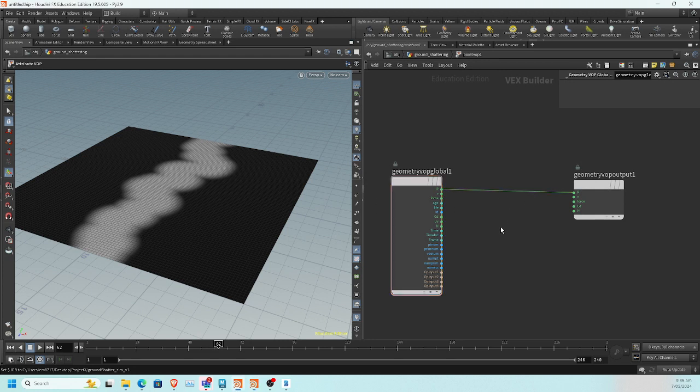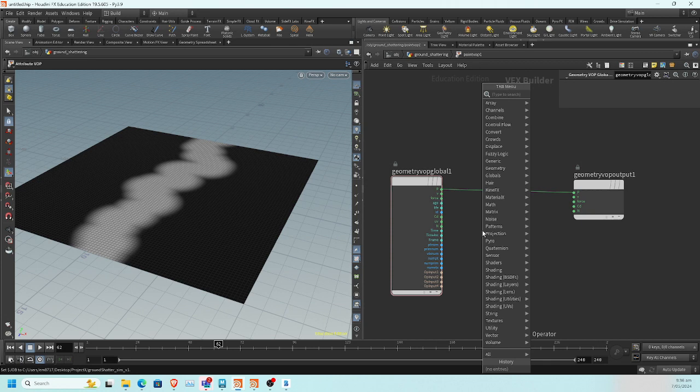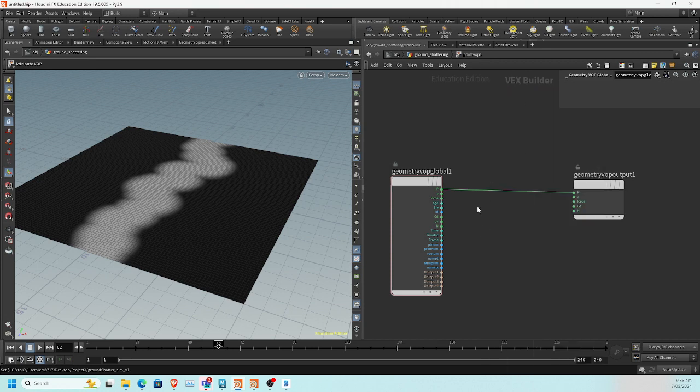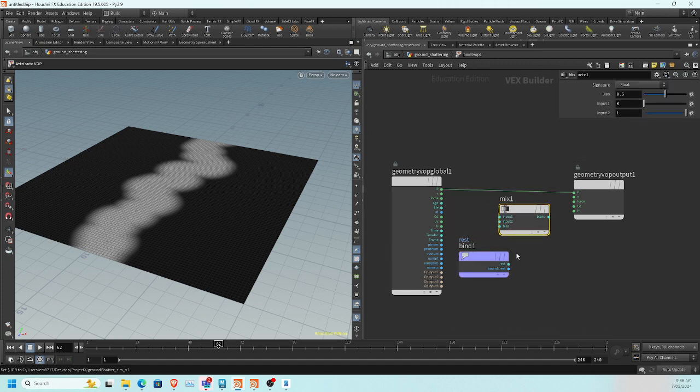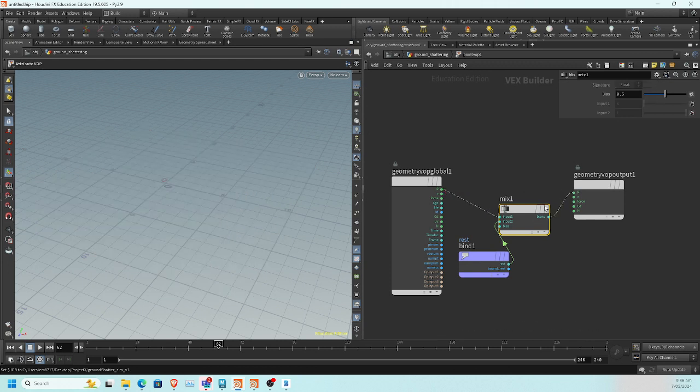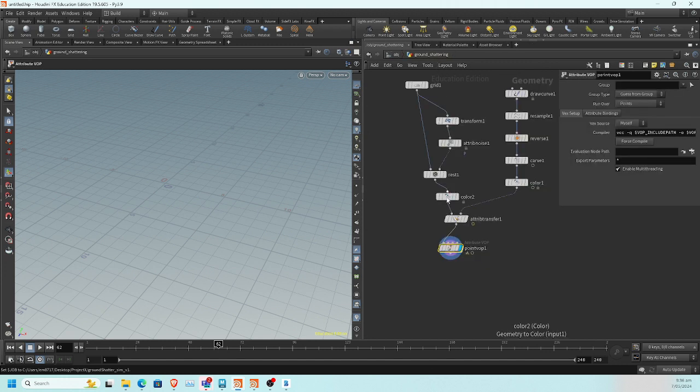I can just say that, hey, do you remember rest position? If I just search for bind, and in the bind, I search for a character called rest, right? I say that, do you remember rest position? I would like to mix it with my current position. So I have a rest position, I have current position, and I want to blend them together. But how I want to blend them together is based on the color, right? So then if we go up,